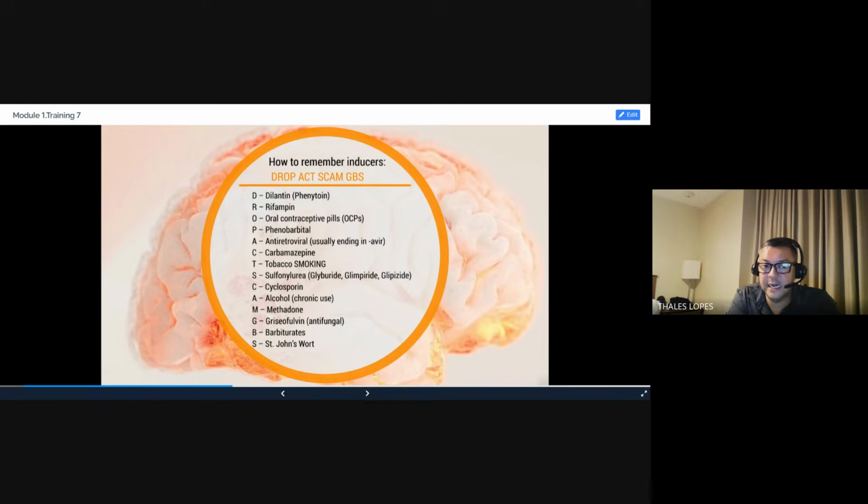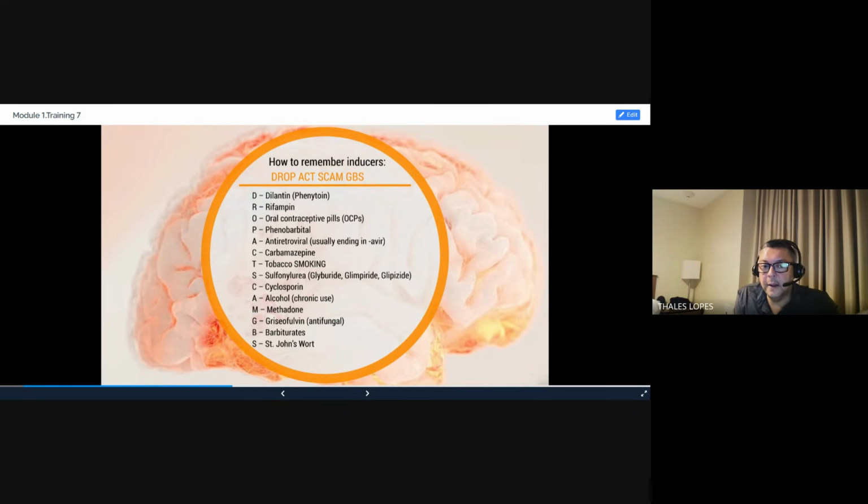So the D for Dilantin, R for rifampin, O for oral contraceptives, right? P for phenobarbital, A for any antivirals. They usually end in AVIRs. Carbamazepine, tobacco smoking, sulfur drugs, clozapine, alcohol, chronic